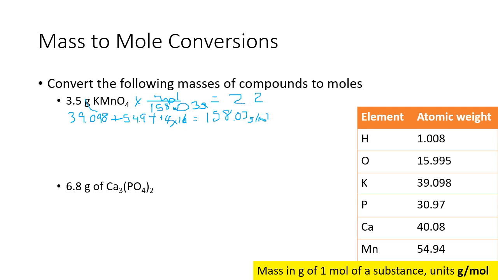We get 2.2 times 10 to the negative second moles of KMnO4. All right, we're going to go ahead and do this process a second time so that hopefully it makes even more sense. So again, first thing we have to do is figure out the molar mass of the thing. So for calcium phosphate, which is what this is,